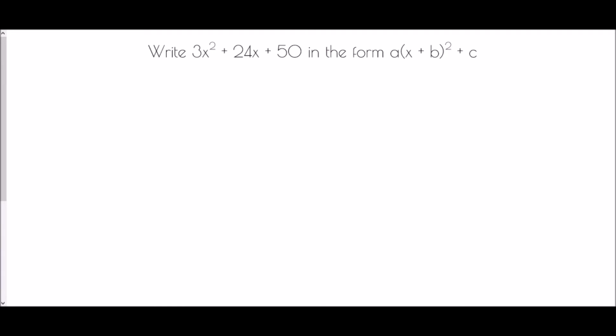And then we're asked to write 3x squared plus 24x plus 50 in the form a brackets x plus b squared plus c. Now in this case, first thing to notice, we have a coefficient of x squared, which is different to the previous ones, but what you'll also notice is we have a value in front of the bracket this time. Now the key here is that this number in front of the bracket will generally be this number in front of the x squared, because again all I want to do here is separate off the first part of the expression, the 3x squared plus 24x, and find a common factor,